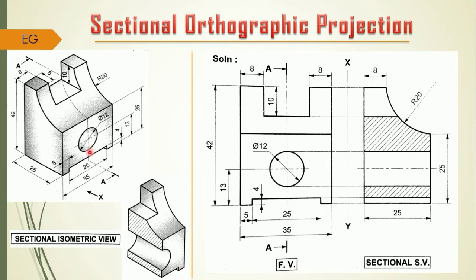So 13 is there, but the 13 is to both the sides, means this is 6.5 and this is 6.5. So again go vertically upward by 6.5 mm, or you may simply take the projection again from the front view. This is the end point of this circle, one comes to this side and the upper end point comes over here. So this is 5 by 12. So you simply construct these two horizontal lines.